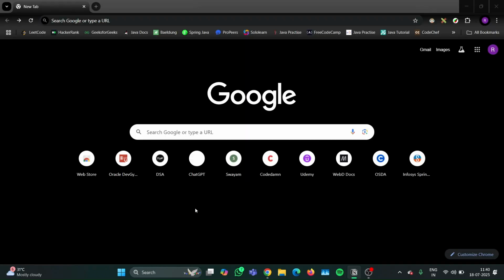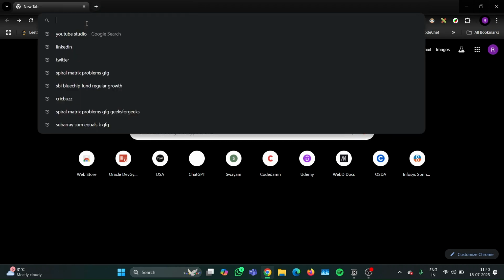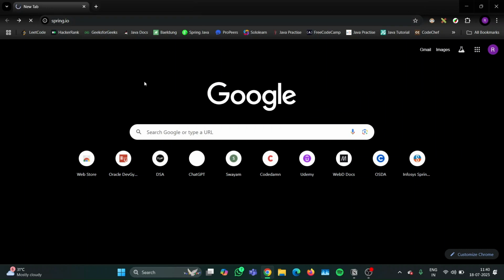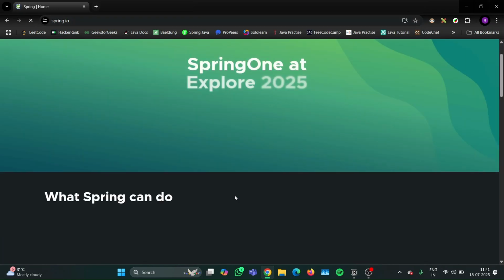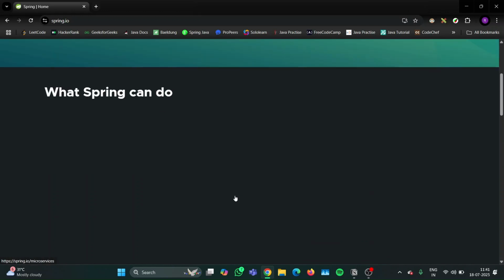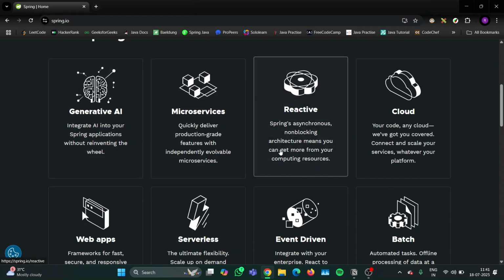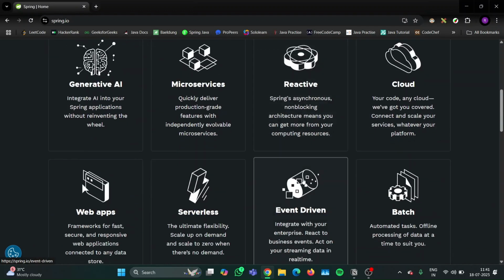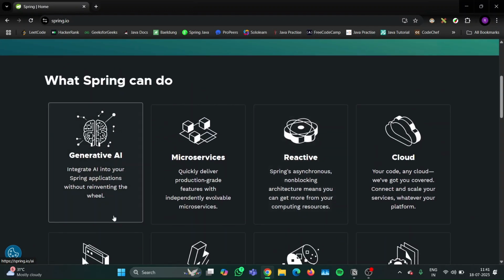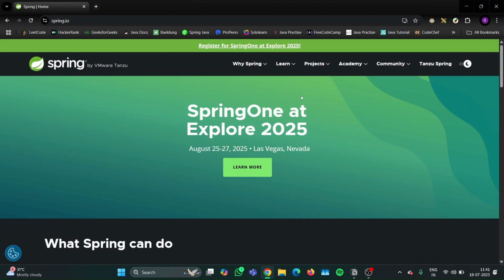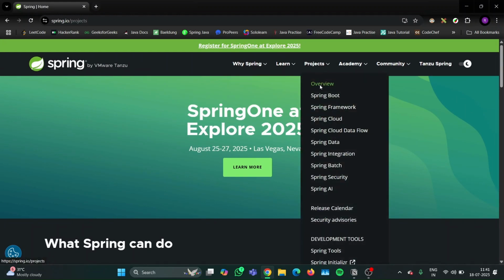If I take you to the official website of Spring, that is spring.io, you will see that there are many kinds of projects in there which support the Spring ecosystem. Here are the features of Spring, what it can do: microservices, reactive, cloud, generative AI. Now a new Spring project has come out, that is Spring AI, which helps us to integrate AI into the Java application. If I go to projects and click overview over here,